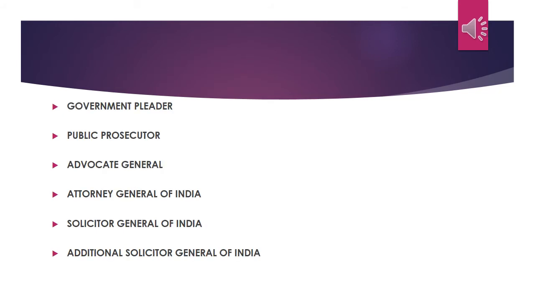Normally, when you go out with your friends, sometimes on the road, you must have seen certain vehicles with a designation like government pleader, public prosecutor, and so on. So this government pleader is basically in civil cases. Suppose you are being cheated by somebody, some land cheating or something happens, and the state appoints an advocate to fight for you in court. In civil cases, when the state appoints an advocate to fight for you, he is called a government pleader.